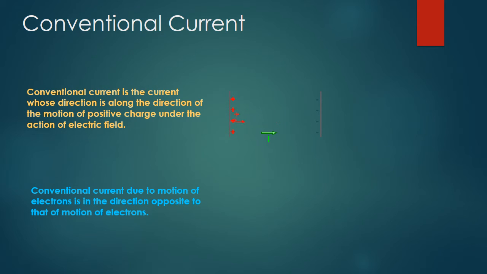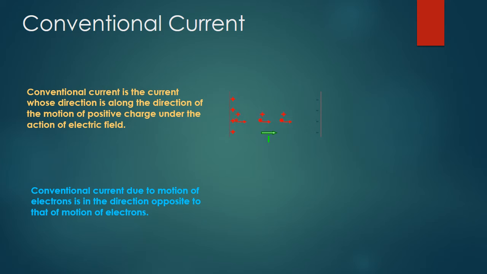Positive charges are immobile charges, they cannot move in the conductor. So when an electric field is applied, or when a battery is connected to a conductor, electrons move from the negative terminal to the positive terminal of the battery through the conductor. Because of the flow of electrons, the electric current flows, but